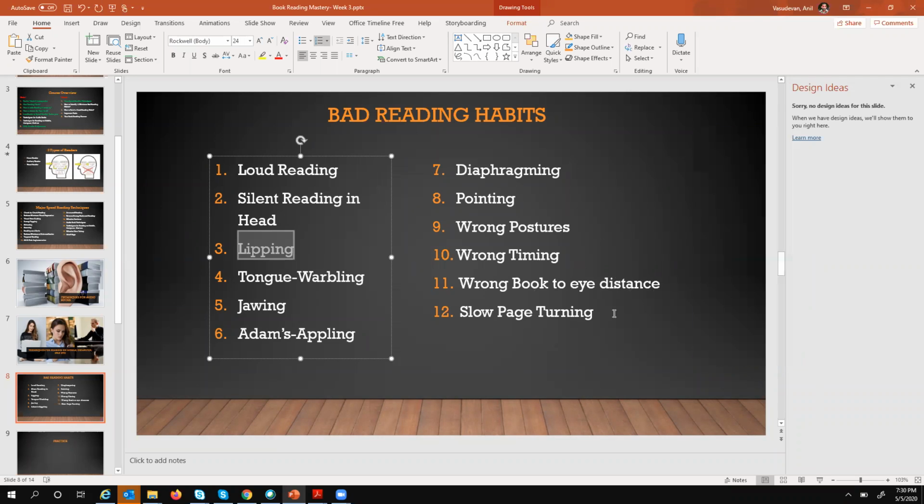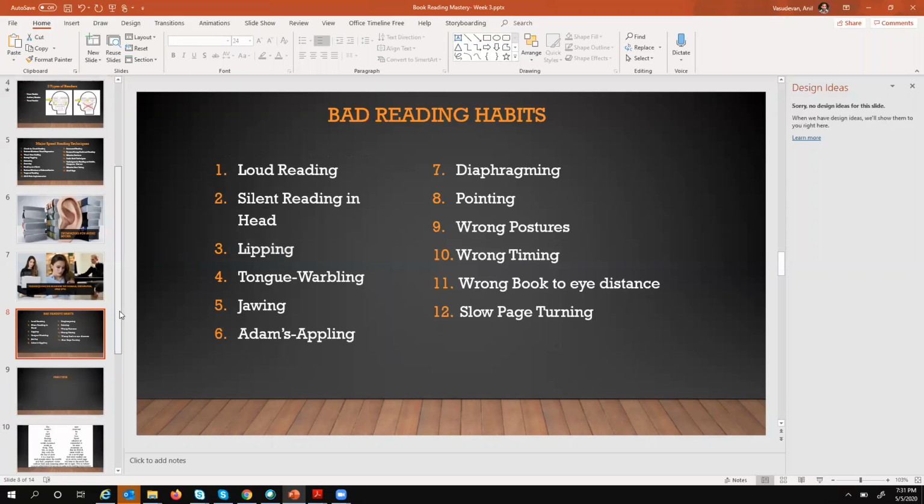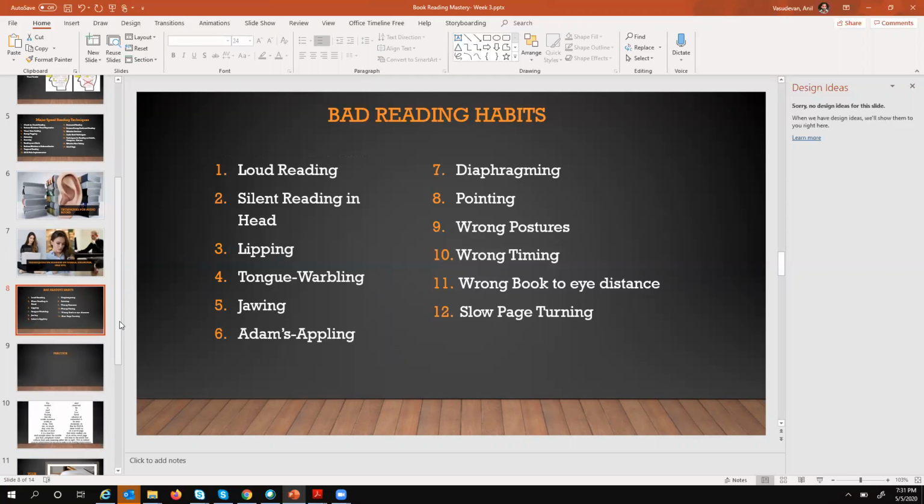Then slow page turning, I think I discussed it earlier also, like you should be properly holding the book so that you don't waste time in turning the page. Just like if you take 1 or 2 seconds for turning each page, for a 300 page book, you can understand how much time you take. You should ideally be ready to turn the next page when you are reading the right page itself. These are some of the things which will really help us. So just test on yourself by recording your reading and see what all habits you have which you can eliminate.